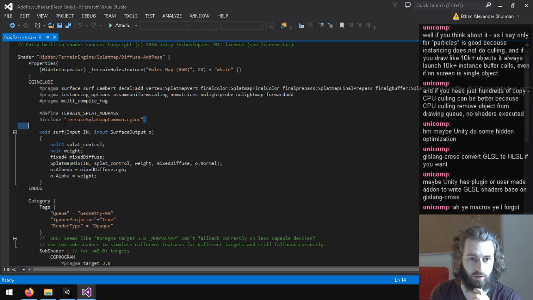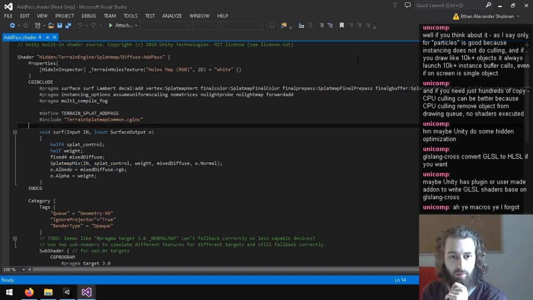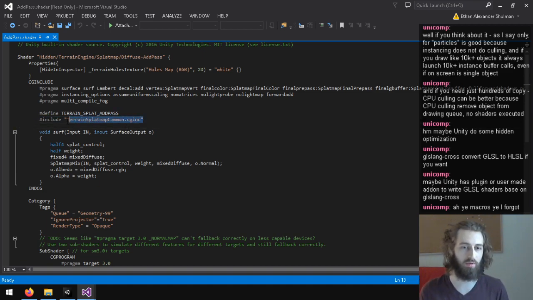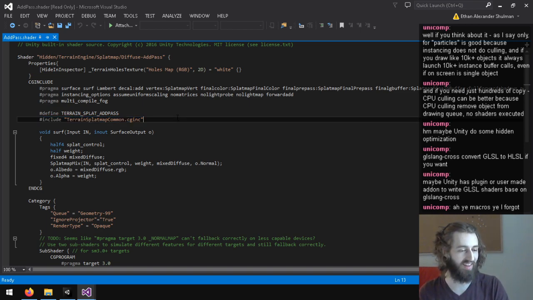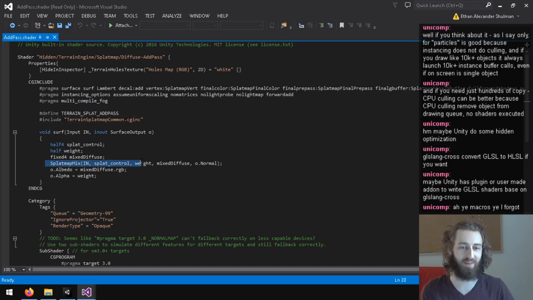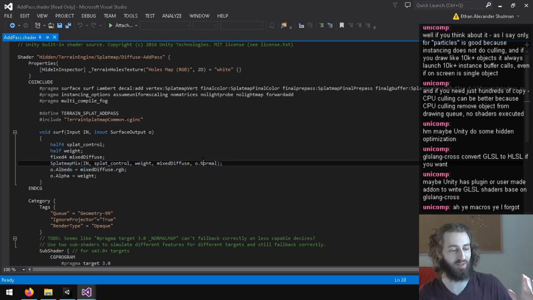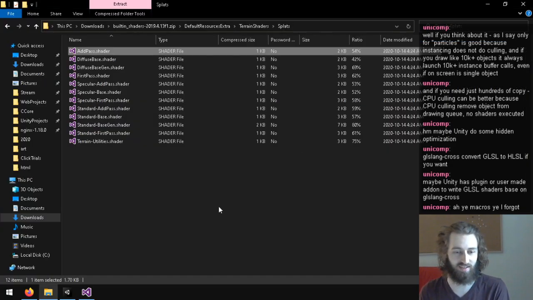This is the function I'm looking for in terrain splat map common. Oh my god. Okay. This is the dream right here. If I'm able to just include terrain splat map common and it'll give me a macro to do splat map mix, this is the dream. That is the dream. Whether or not I can achieve that dream,